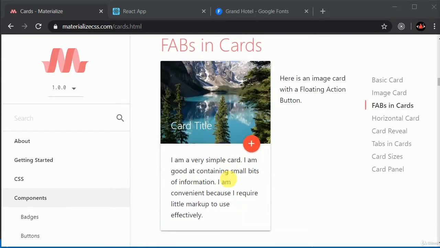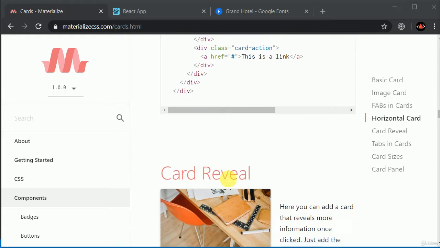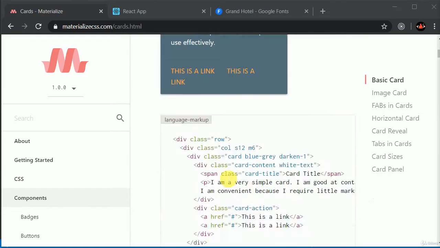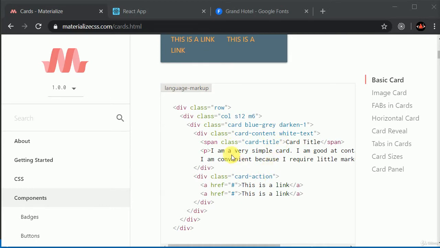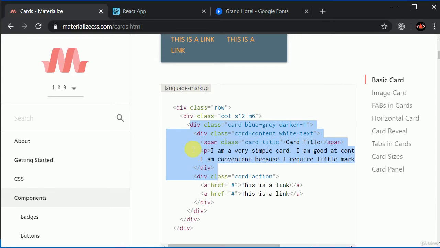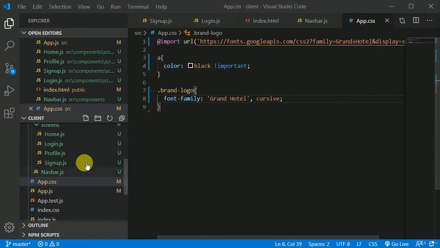So do we have any simple card? No. So let's select this basic card, and from here I want just the card, right? Just the card. Control C.